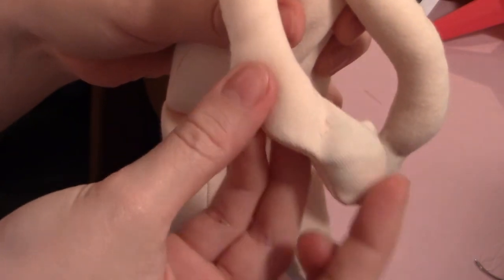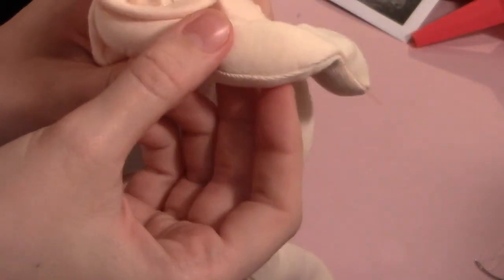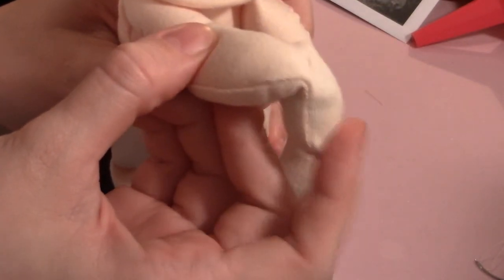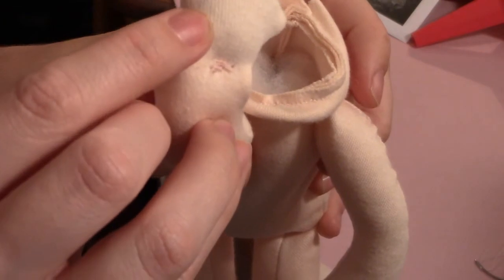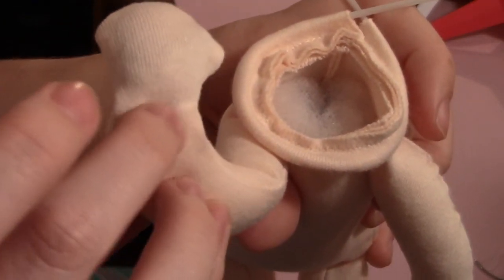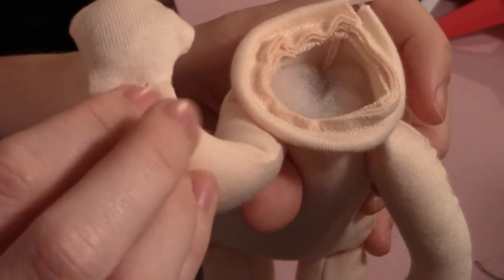Now the wrist is floppy and bends down, and there's the underside too, so you will be able to see the knots just a little bit, but that's why you get that matching thread, and it's not that bad. So yeah,